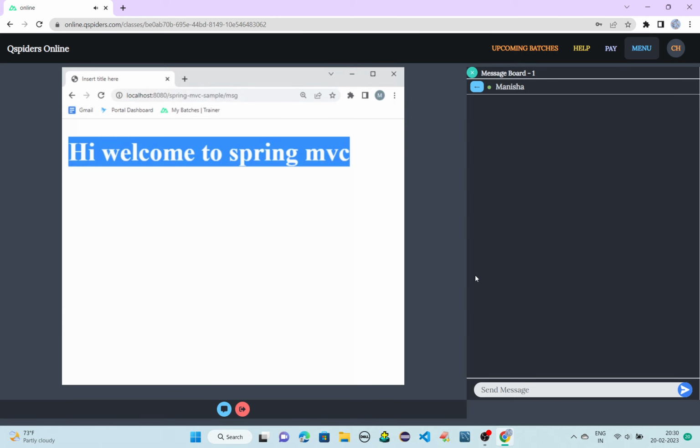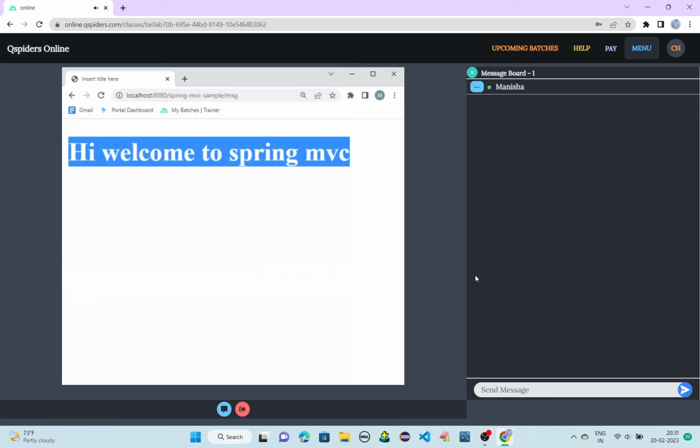Immediately you would not get the output, right? Because once the request is sent, it goes to the front controller. From the front controller, it will check, okay, the URL is slash MSG. In that particular request mapping, we are returning a string, that is display.jsp, but a string cannot be understood by the browser.